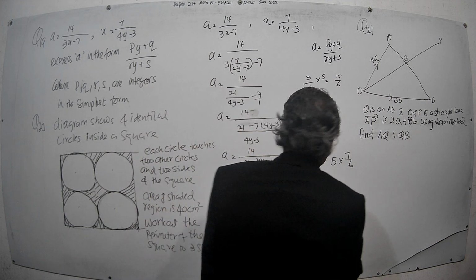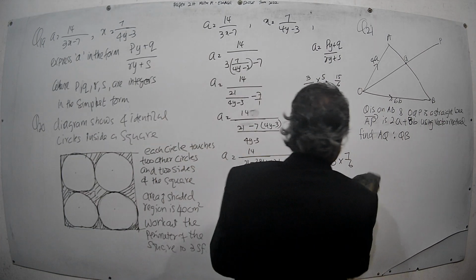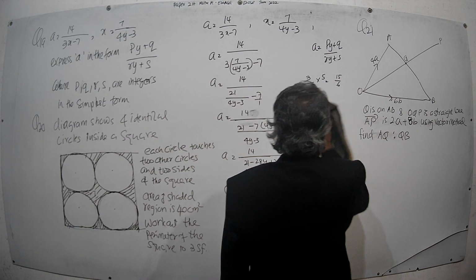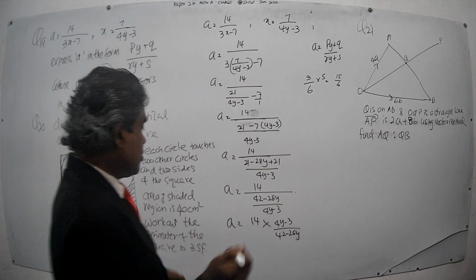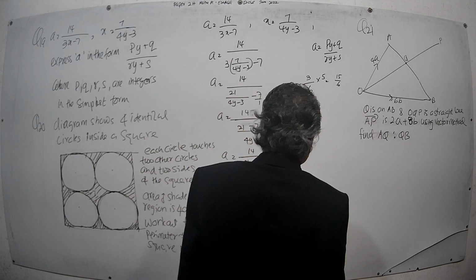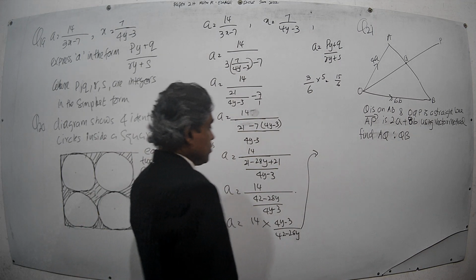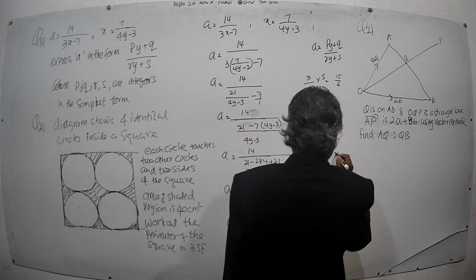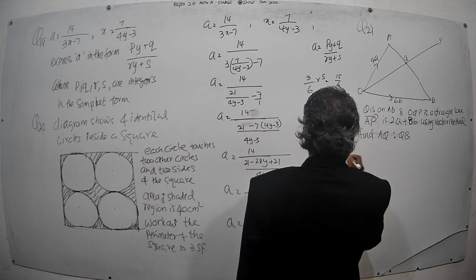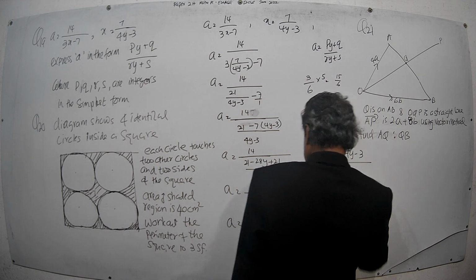Then I will take it here. Then this one like this. Then 14 into 4y minus 3 over